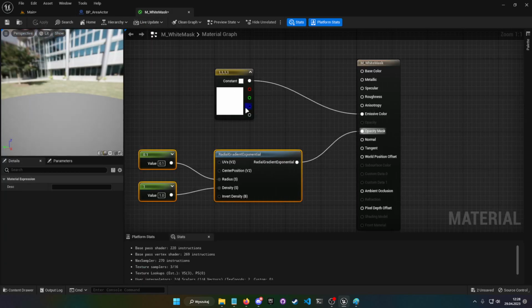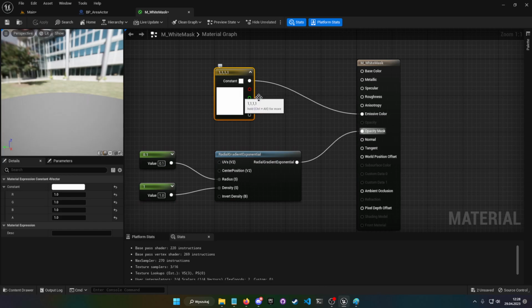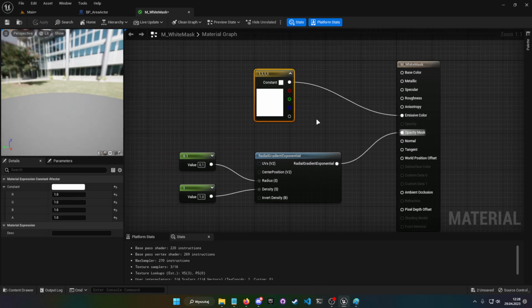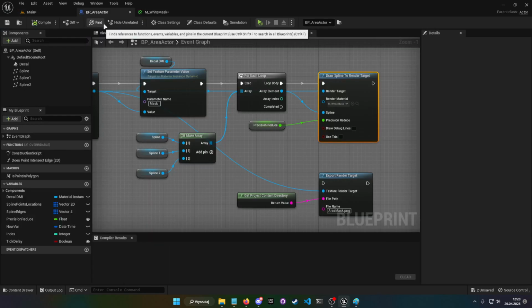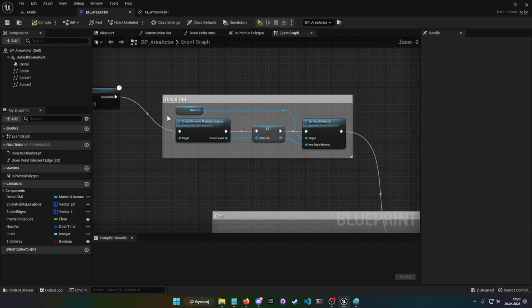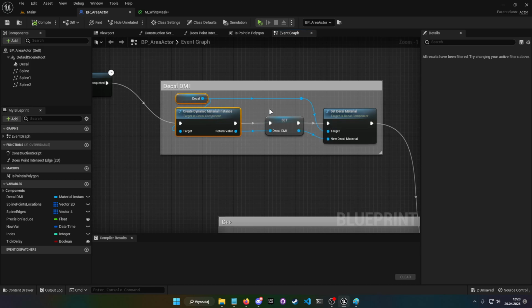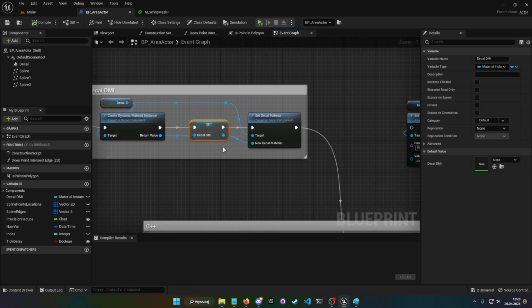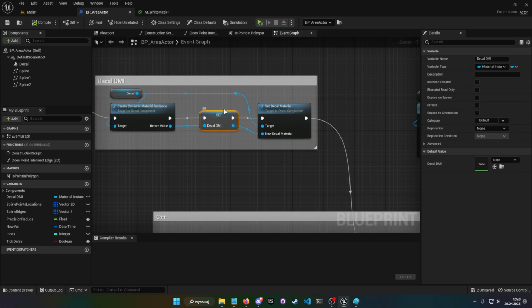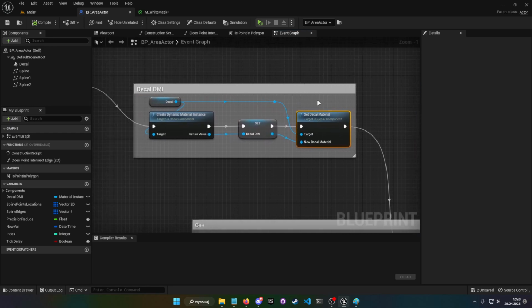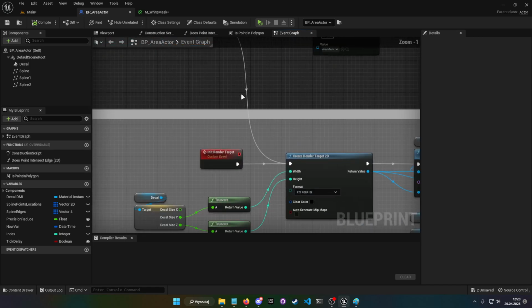And if we want to change the color, we can of course do that here, or leave it as a parameter and set the color in the blueprint itself. So first thing I do is take the decal, make a dynamic material instance, set it of course as a decal DMI so we can change it later, and set the decal material right here. And then